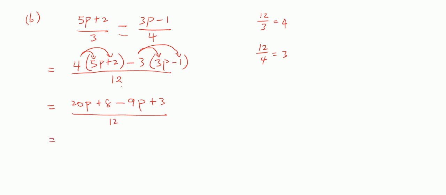Right? So we deal with the terms in p. So 20p minus 9p will give me 11p. And 8 plus 3 will give me 11, all over 12. Right? So they want this as a single fraction. Since we have 11 on top, we can either leave our answer like this, or we can put 11 open brackets p plus 1 all over 12. Right? All I did was factorize the top part. Nothing complicated there. Okay, so